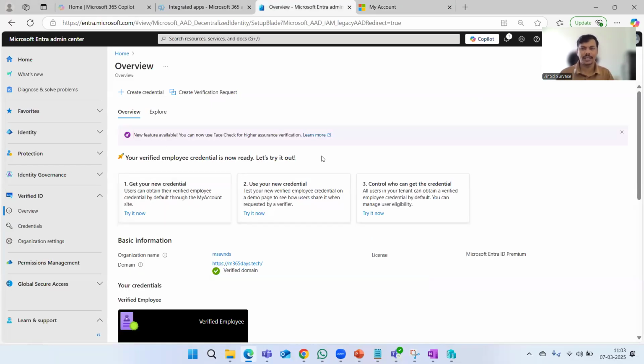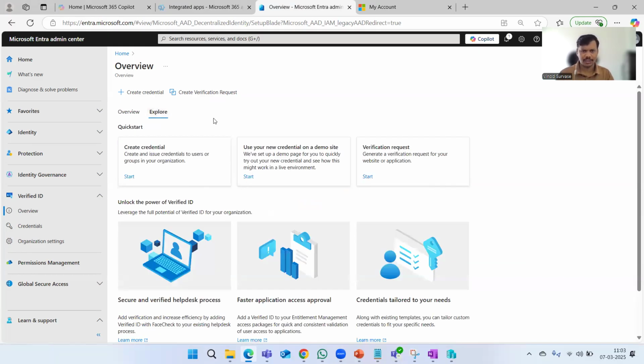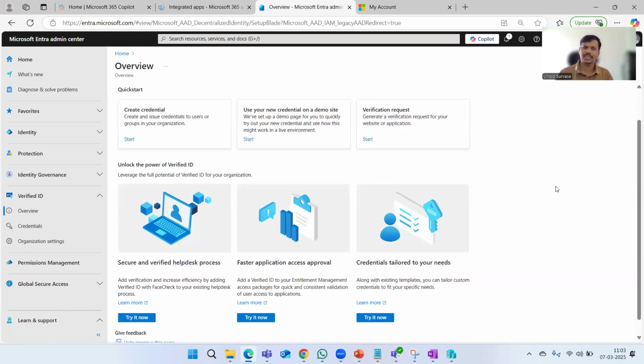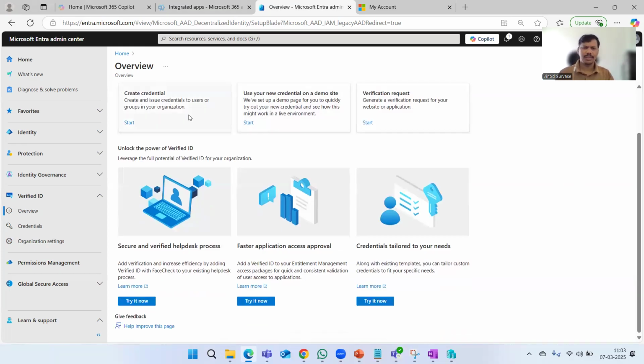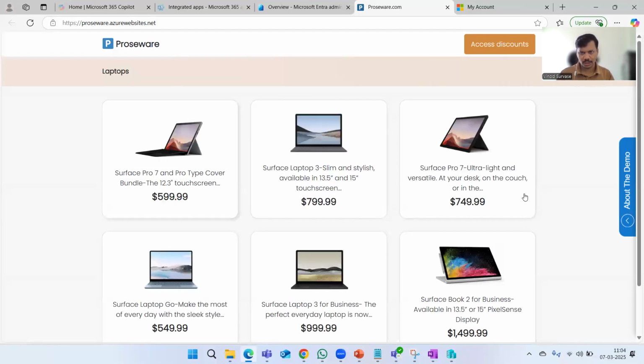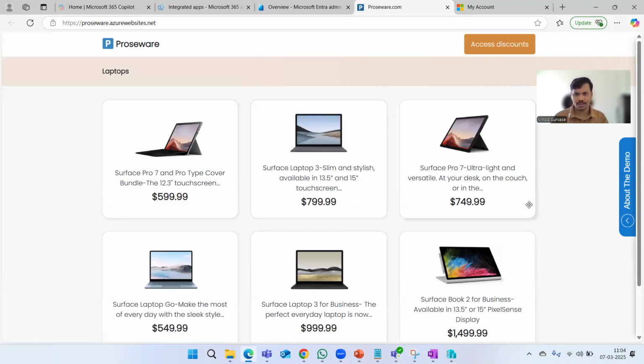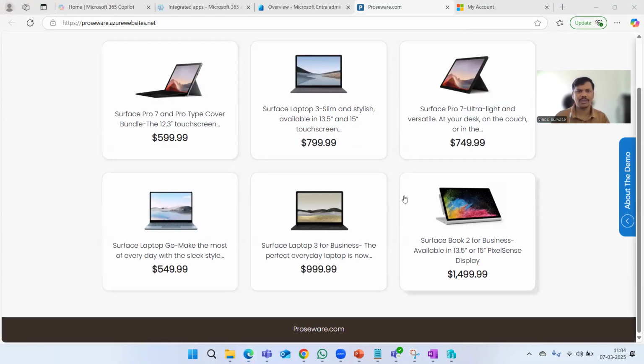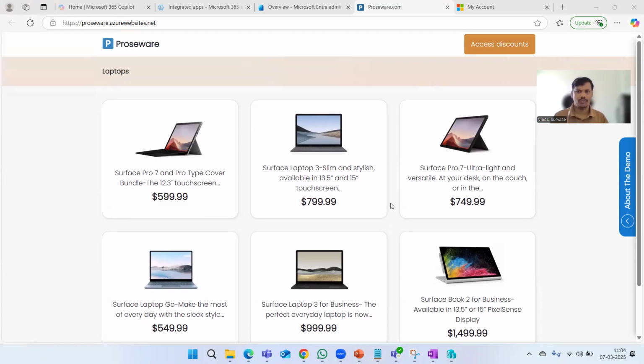So if we go back to the Entra portal and click on the explore button here, we can see the pre-built option, which includes create credentials, then demo site, as well as verification request, right? So for demo site, we can click on this button, and this is Microsoft's demo site, a demo page, basically. And when I want to verify my credentials, I can simply click on, let's say, this one,